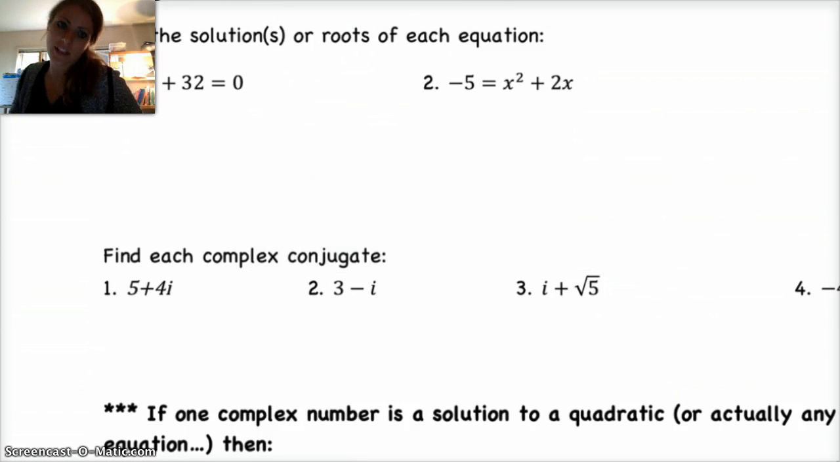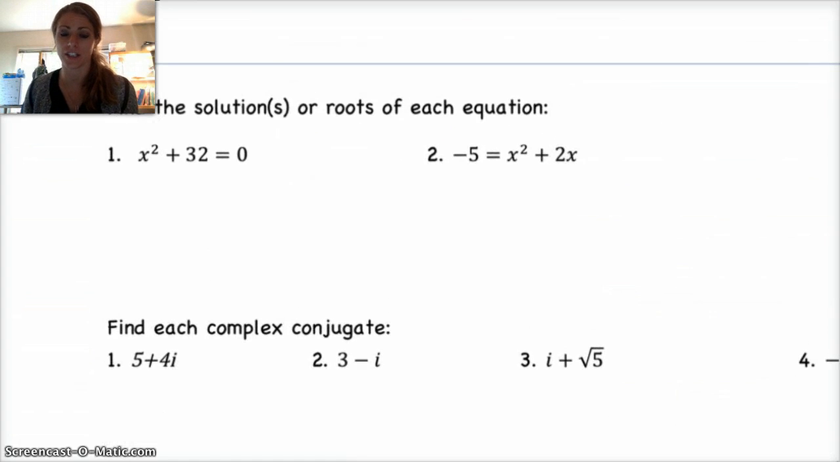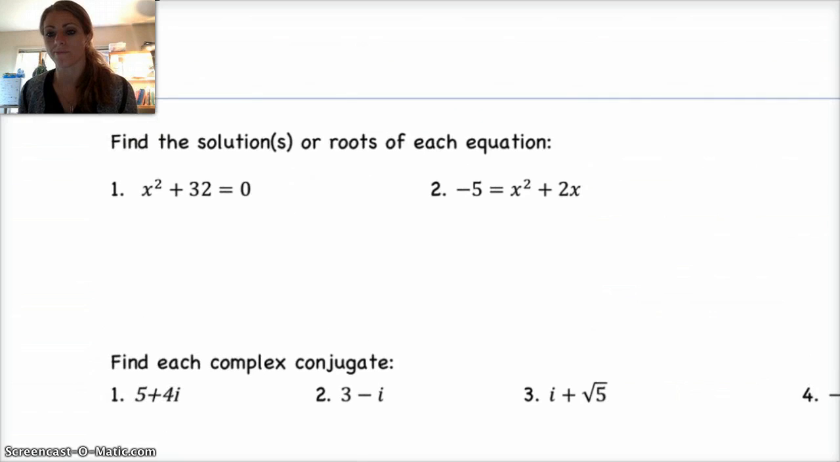So next part, find solutions. Okay, I think at this point you have enough information to do all these problems, so you might want to try them first and then see how you do. And then, pause it, check your answers. So for number 1, you have x squared plus 32 equals 0. So I just move the 32 to the other side. I get x squared